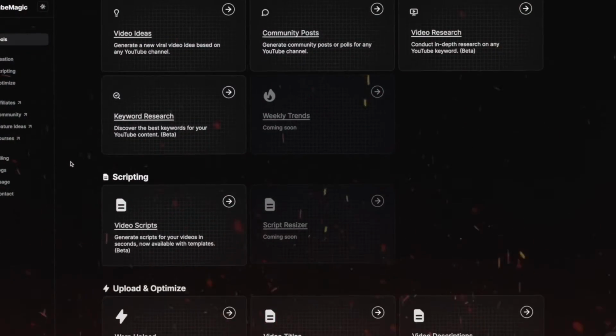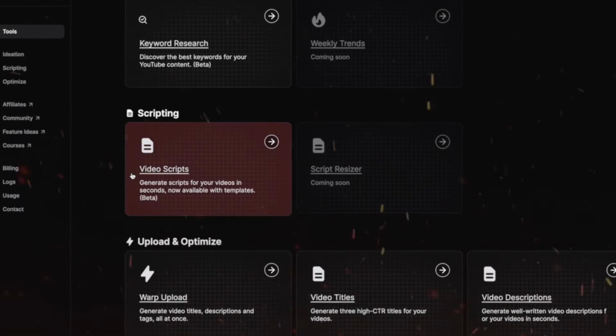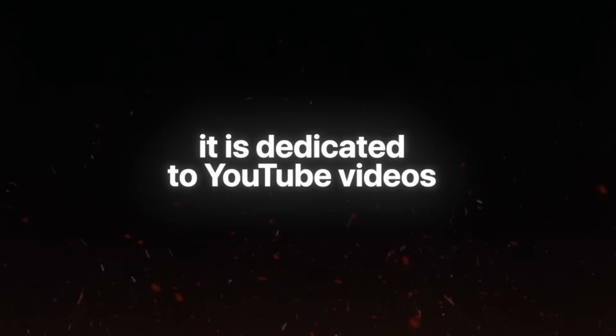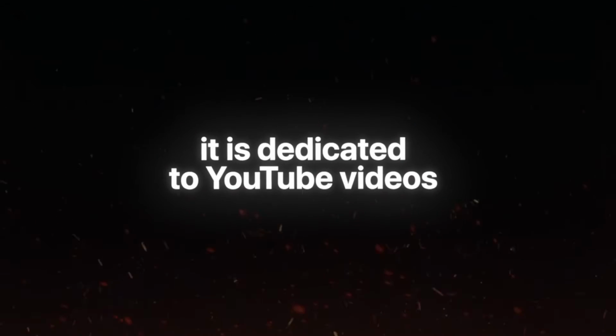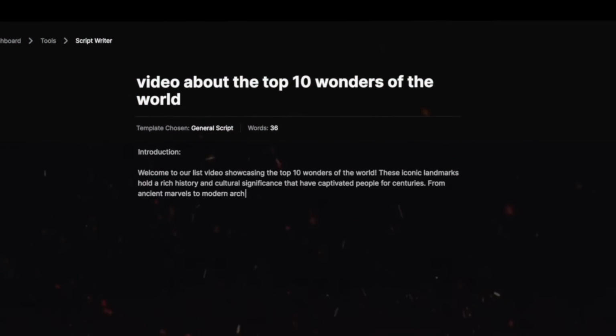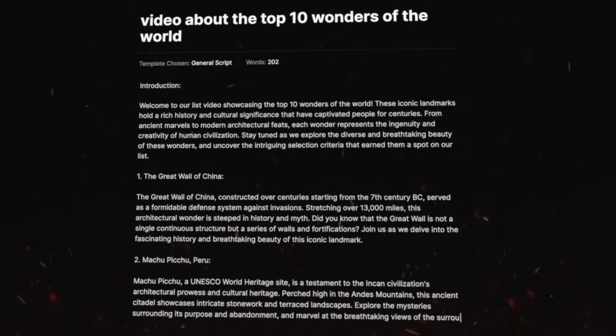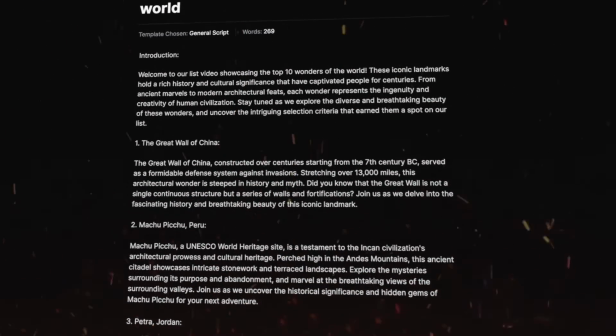Now a tool I'm going to give a little bit more props to is the AI script writing tool, because I've used a lot of AI script writers on different platforms and they've always been a nightmare to use to generate a video script. However, the special part about TubeMagic's AI script writer is that it's dedicated to just YouTube videos, so you don't have to specify make this a YouTube video or anything. It'll write you a YouTube script, as well as there's a word counter that live updates as the script generates, which makes it super cool so you can understand the length, and it's super easy to fix up TubeMagic scripts after generating them.